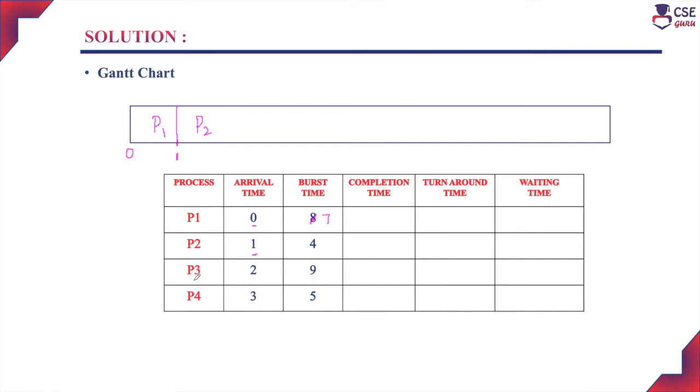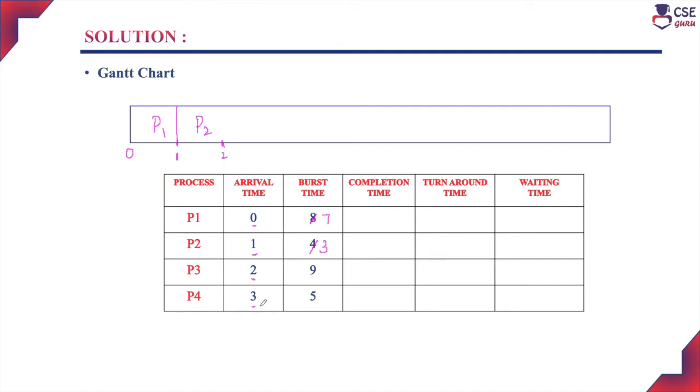If you are considering, process P3 will enter into the ready queue at the time 2 millisecond. So process P2 will execute for 1 millisecond. When a new process enters into the ready queue, the scheduler will compare the remaining time of process P1, that is 7, the remaining time of process P2, which is 3 millisecond, and the CPU burst time of process P3, which is 9. Now process P2 is the least among the three processes, so P2 will continue its execution till the next process arrives into the ready queue.